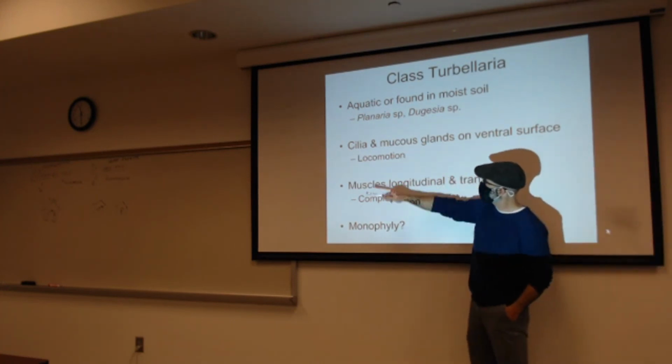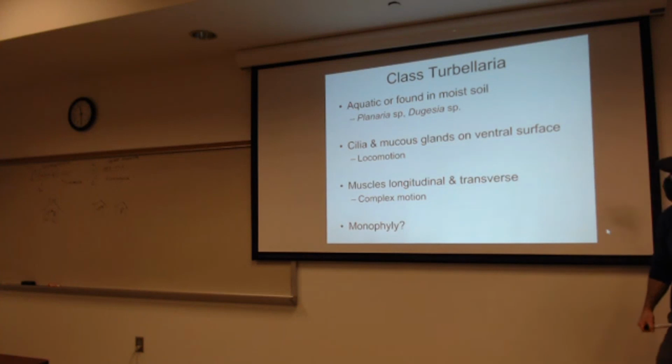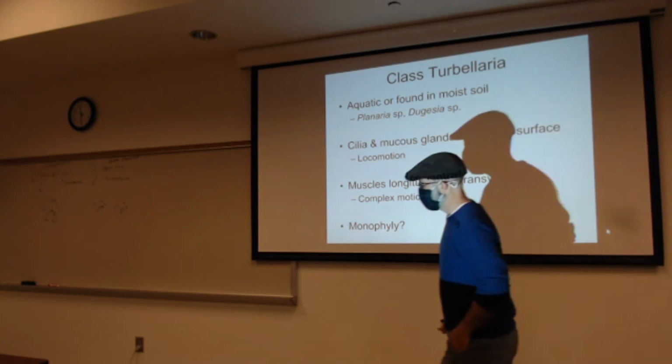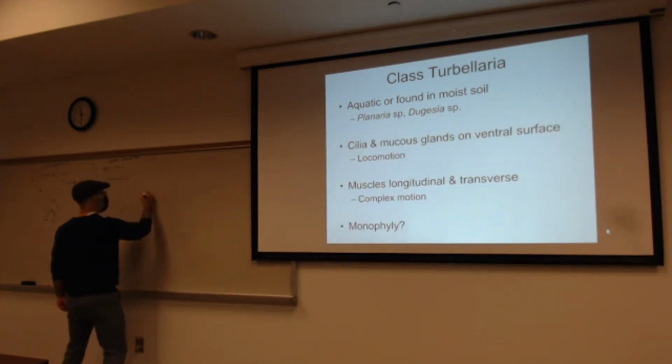How about this bullet point? Cilia and mucus glands on ventral surface. How does that relate to how you envision these things moving? How could a flatworm, this worm,